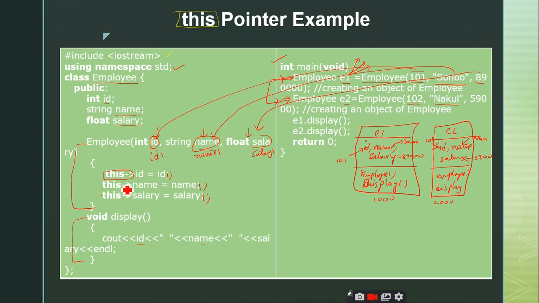This will perfectly work. But whenever you give the parameter names similar to that of the data members present inside the class, let me clear this one.